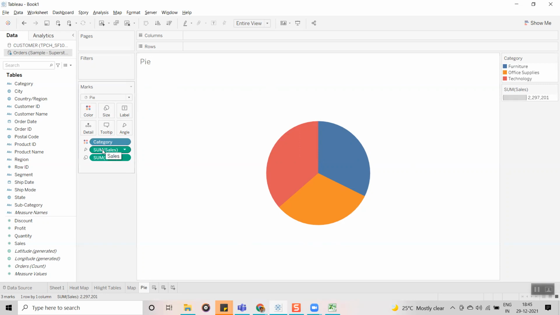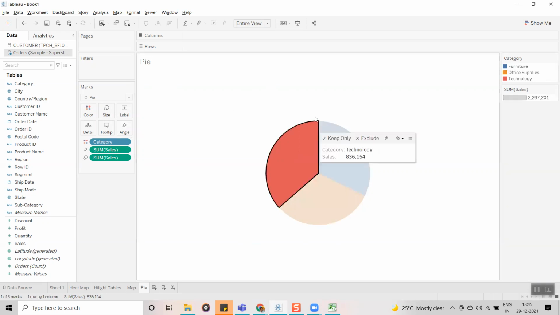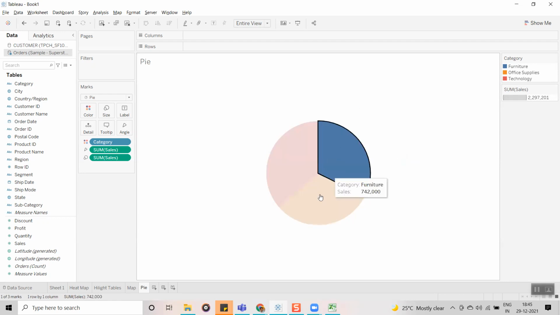Sum of sales is automatically added into angle, and angle means the slice. This area, this border, is one slice. How the slice is distributed is based on the sales value, and here is another slice and another slice. Looking at this, you can see everything is similar.